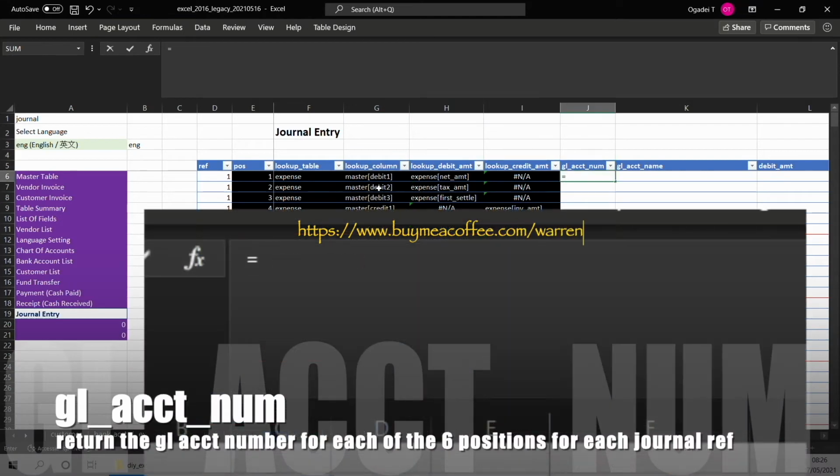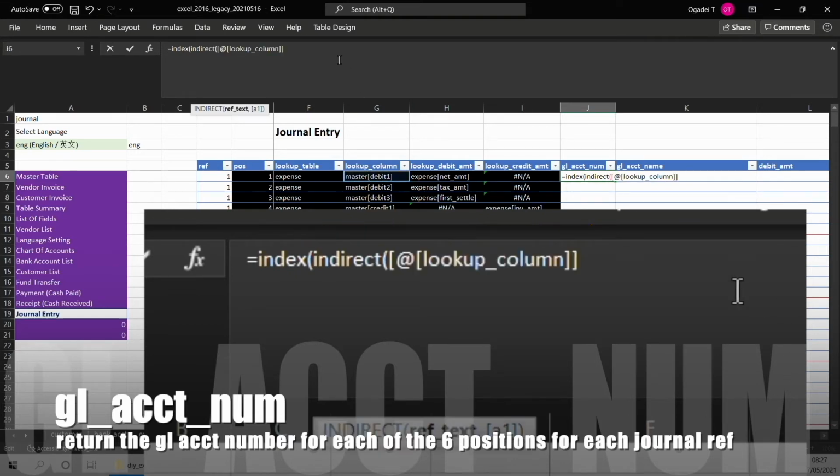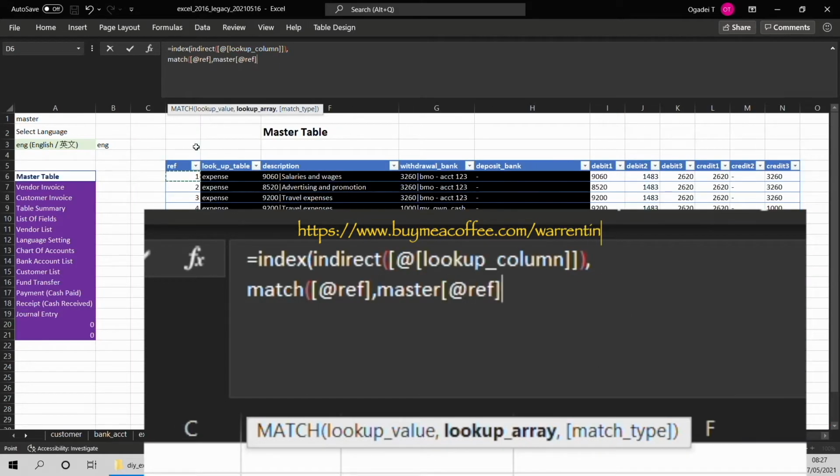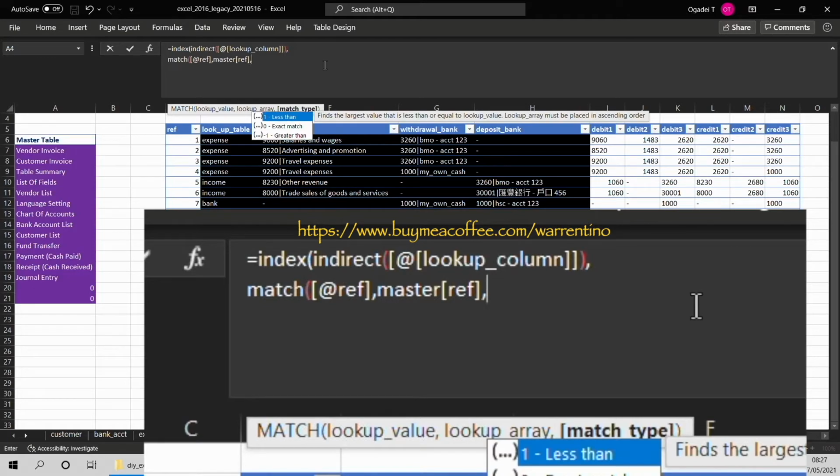Now we move on to the GL account number column. Here I use an index match formula to look up from the indirect of the lookup column, using the journal reference to match with the reference column of the master table.